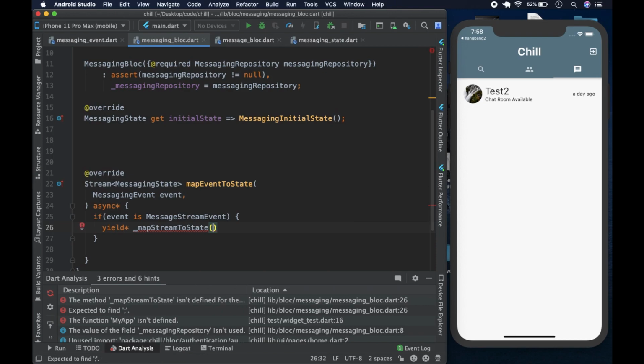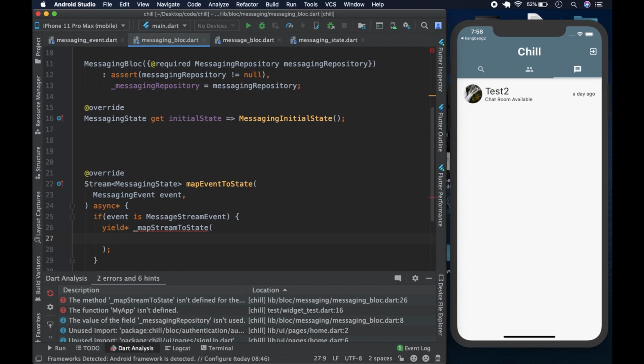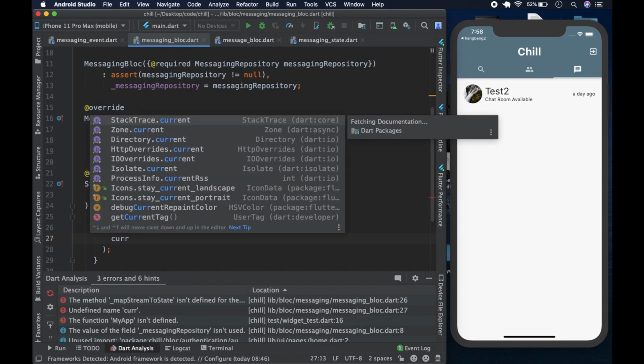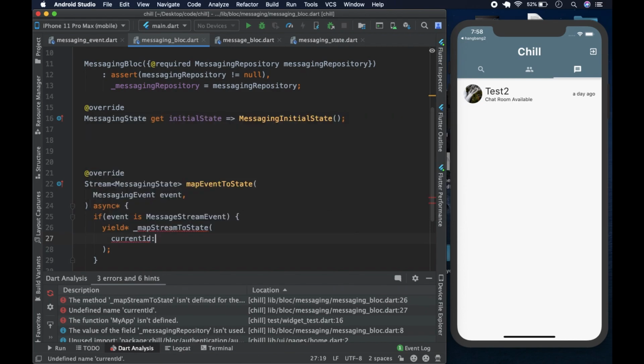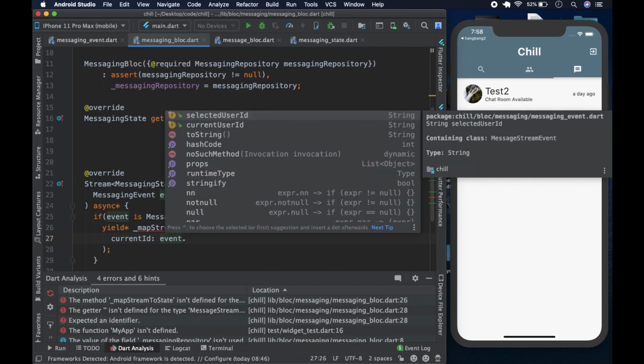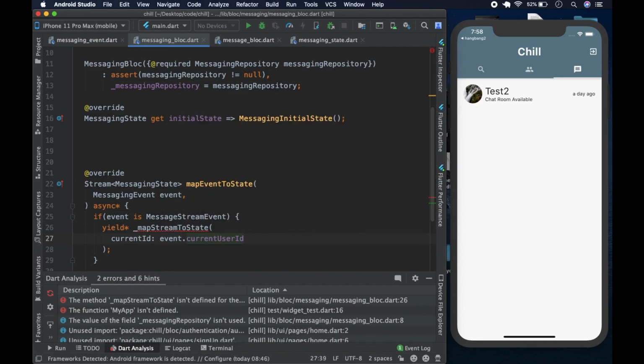The map stream to state is going to take two parameters. It's going to take the current user ID, which is going to be event dot current user ID.